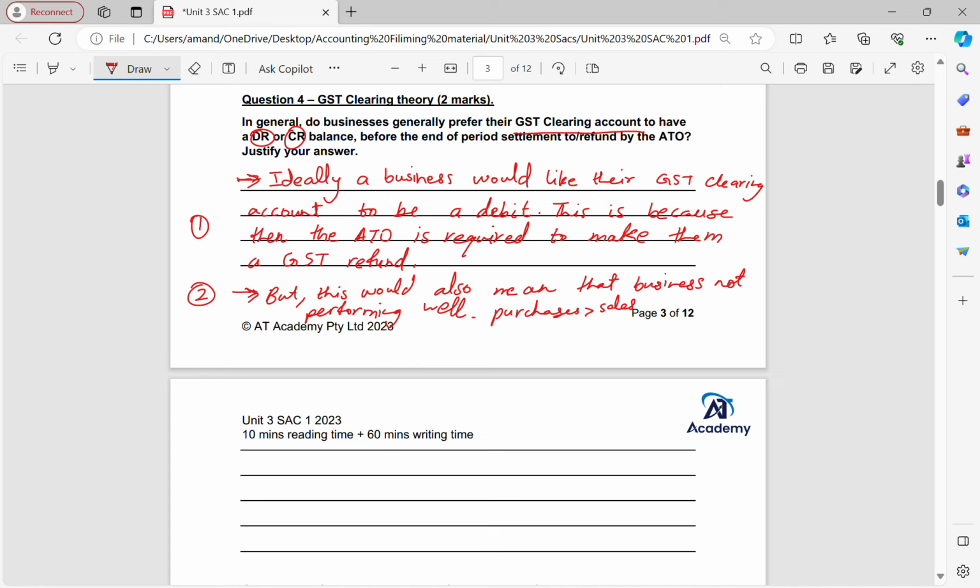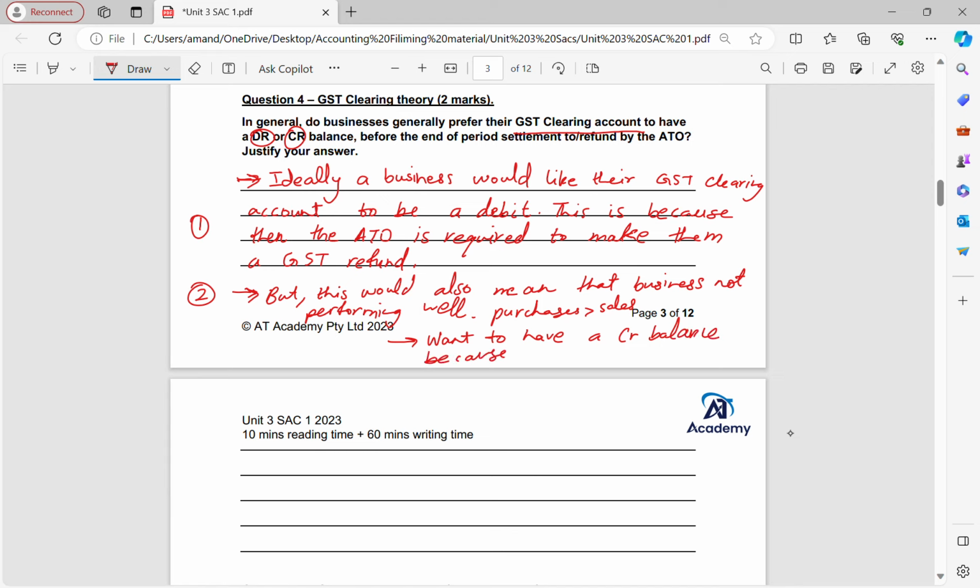If I'm only selling it for 4,000, I'm going to have less GST collected from the sales and more paid off to the ATO, like to my suppliers and everything. So from that perspective, I will gain money, but overall my business is not performing well. So from this perspective, I'd actually want to have a credit balance,